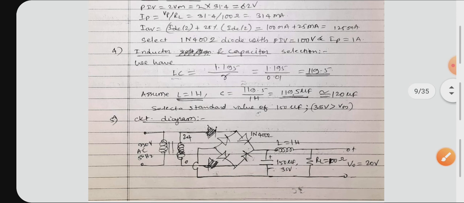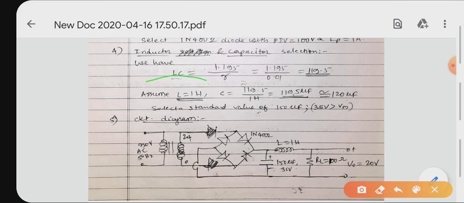and capacitor selection. As it is an LC filter, both are unknown parameters, so you have to select at least one. Assume L is equal to 1 Henry and keep it in the formula of LC from that standard table, 1.195 divided by r. So you will get the value as 1195. As I told you, this is the value for LC. So C will be equal to 119.5 microfarad. Whatever may be the value you get here, that will always be in microfarad. Okay, value of capacitor will always be in microfarad.